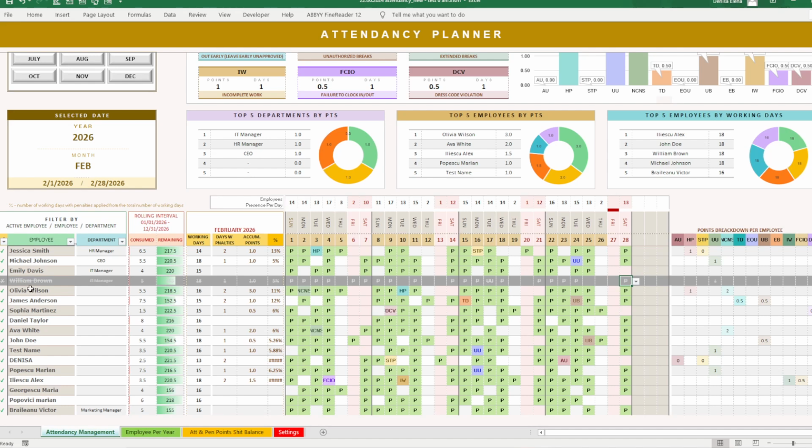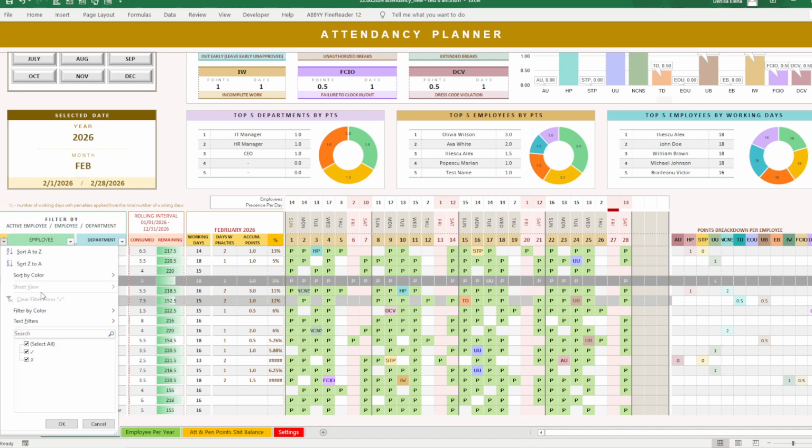If we don't want to see the non-active or fired employees, and we want to work only with the active employees, we just go to this small down arrow, and we can select to preview only the active employees, meaning this check mark,